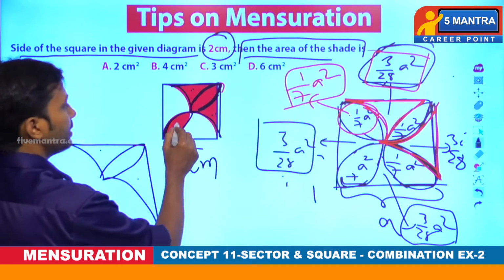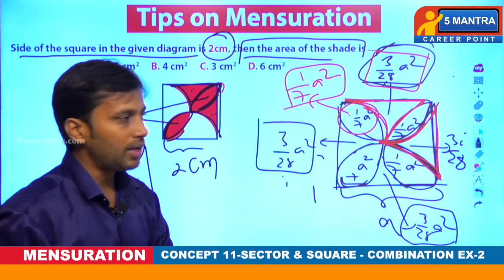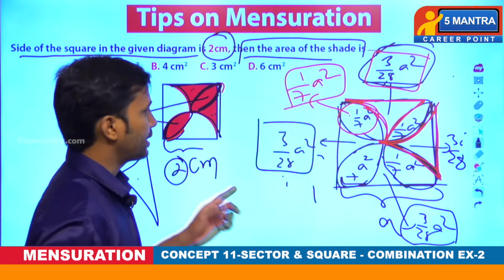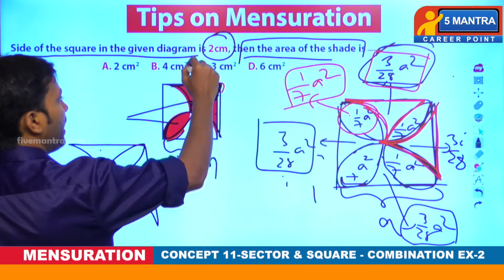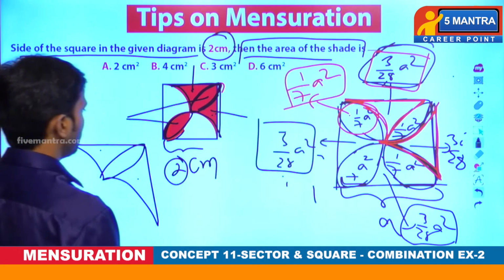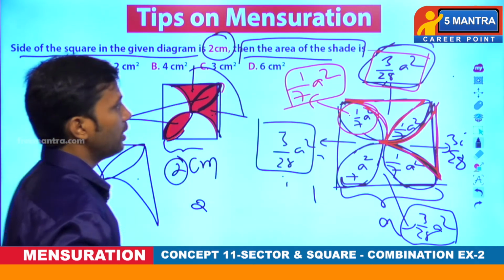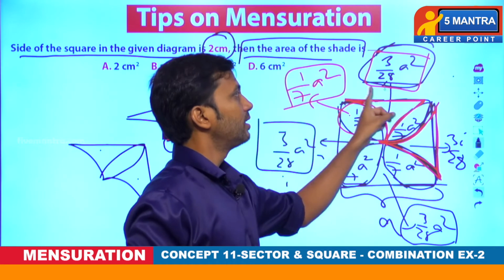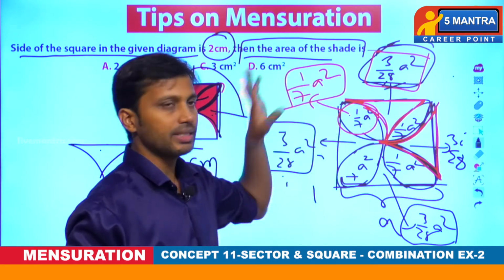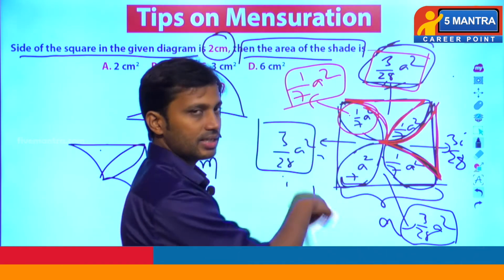So this is one petal, this is one petal. Each carries 1 by 7 a square, that means 2 by 7 a square. Next, this is one gap, this is one gap. So how many gaps are there? Two gaps. Understood? So each gap area is how much? 3 by 28 a square. Each petal area is how much? 1 by 7 a square. That's it. That analysis is sufficient. I think you got this, guys. I'll rub this.